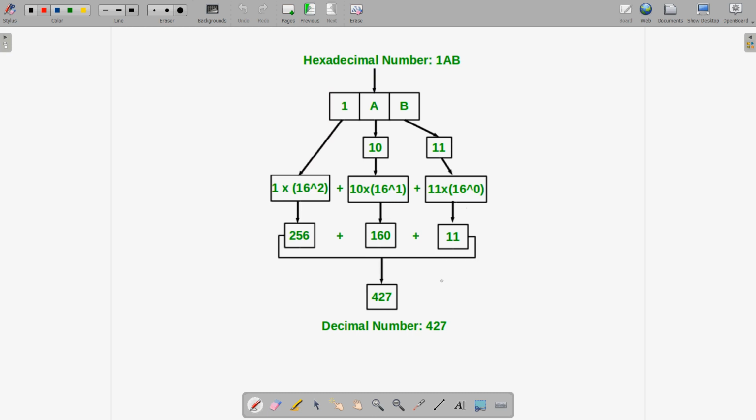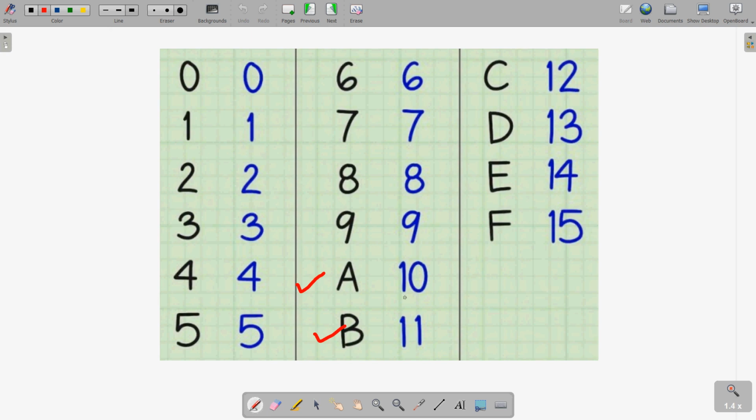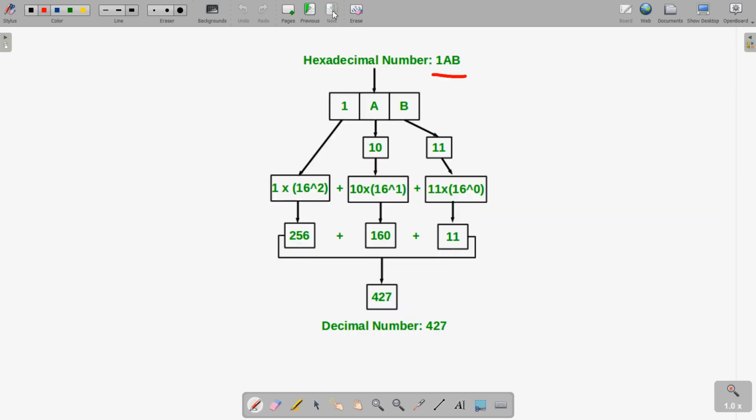Okay, let us come to the example of conversion from hexadecimal to decimal. So here it is. We have taken a hexadecimal number 1AB. In AB we have just seen that A is denoting 10 and B is denoting 11. You can write this easily after 9 onwards. You can write 10, 11, 12, 13, 14, 15 and write A, B, C, D, E, F. So this way it will be easy to know. After some time you will learn this also. So A and B are denoting 10 and 11.